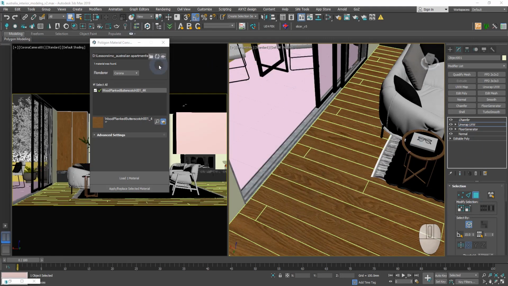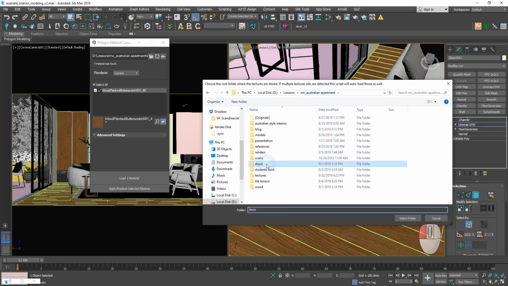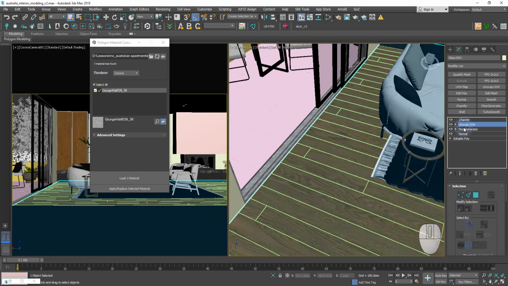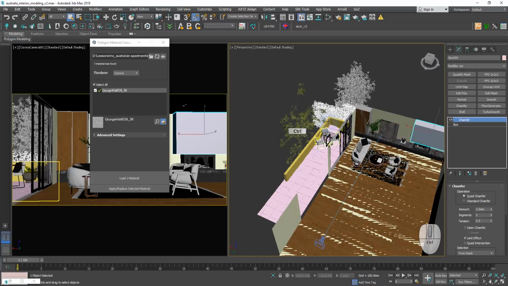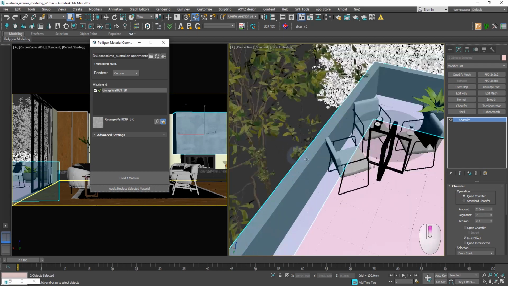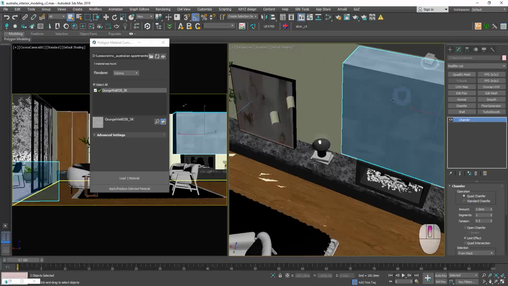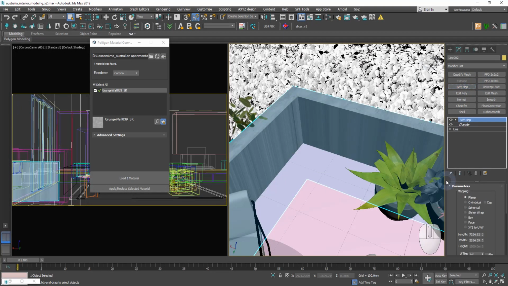We download the next material. It will be stucco. Download it. Choose the objects we want materials to be applied on. Exit the editing of any sub-objects, so we can choose next objects, and assign the material. The texture looks well here, but we need to re-edit it over here.